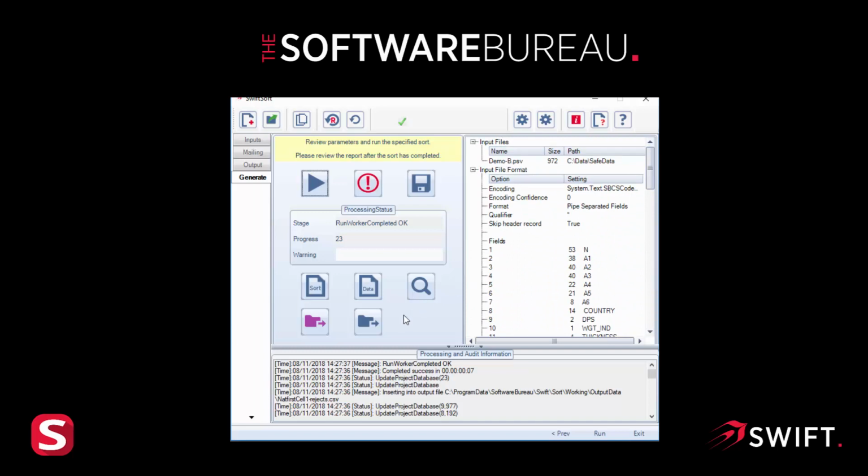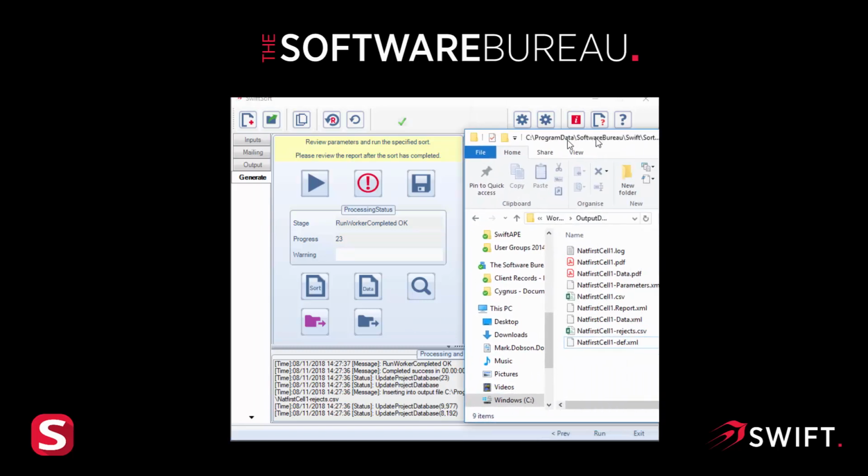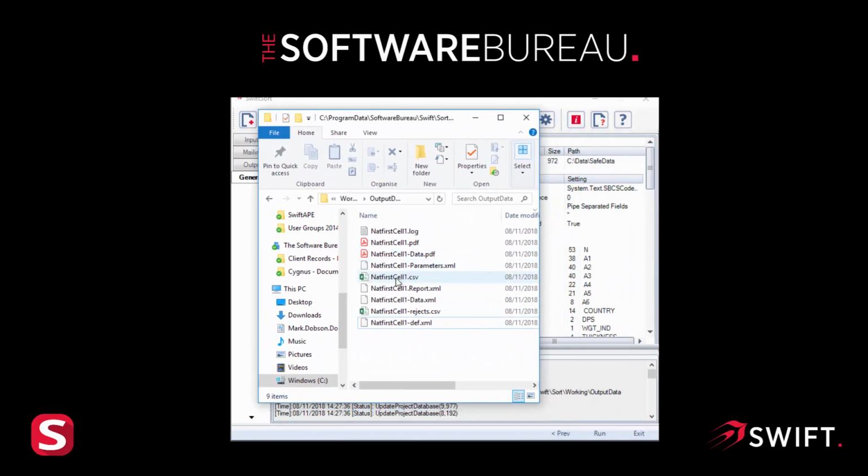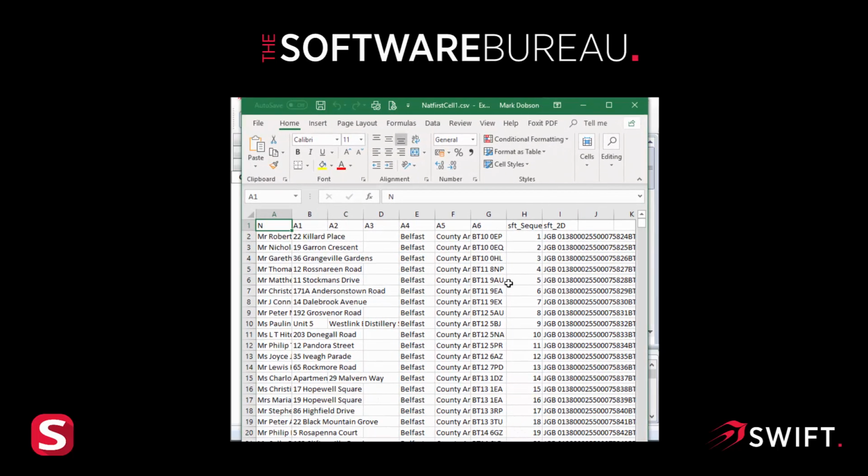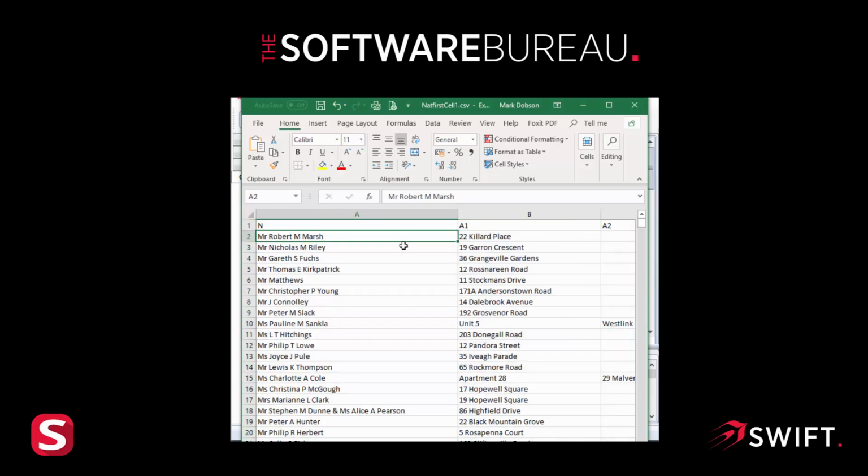Now let's go and have a look at the output data. So if I drag that across from my other screen, we've produced a number of files, and the important one here is our output file, so nat first cell 1. If I double click that, okay, that's opened on my other screen, so I'll drag that across and we'll have a look at that. And as you can see here, we have the 2D barcode. So if I expand all the fields and then move across,